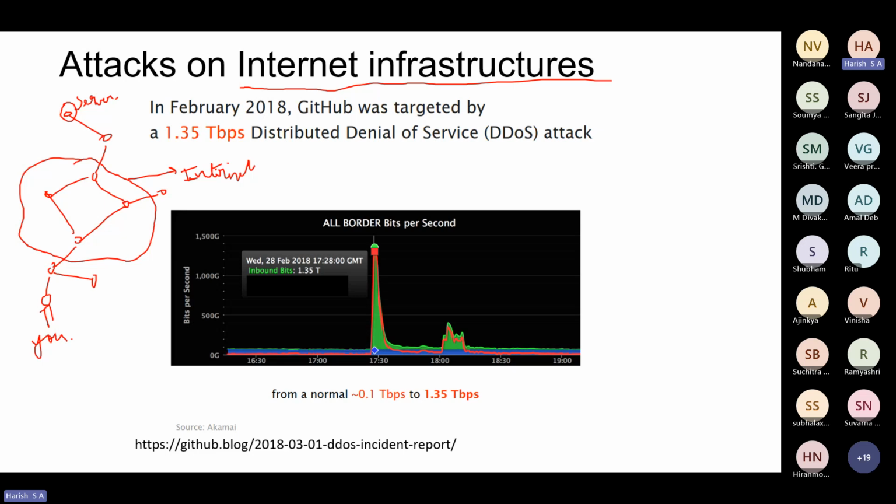It's a lot more nuanced than this. It's got a backbone network. It's got many subsidiary networks. It's got the DNS system. It's got so many things. But this is not a networks class, so we won't be going into details of that. So I'm just abstracting everything as the internet infrastructure.